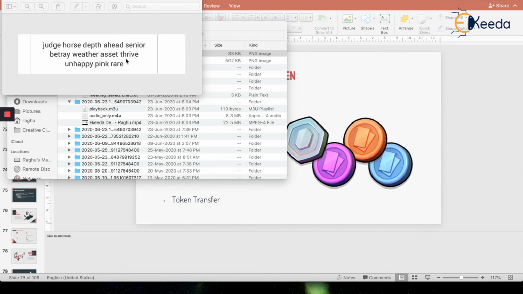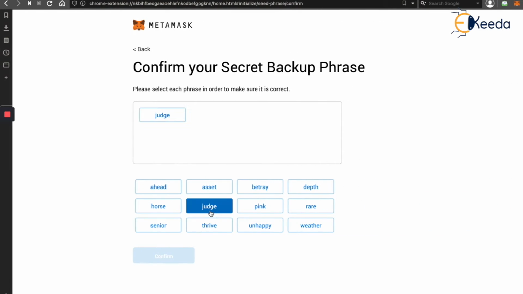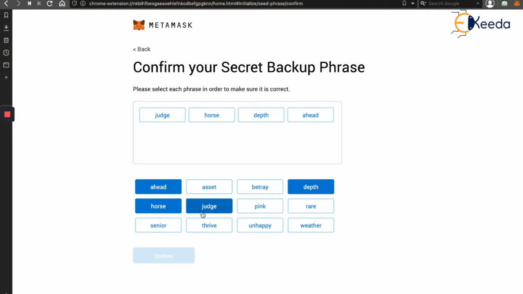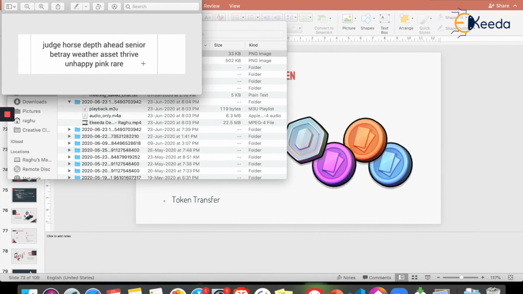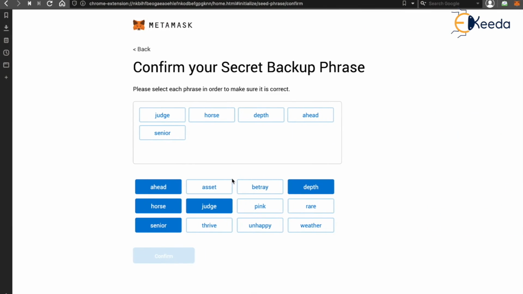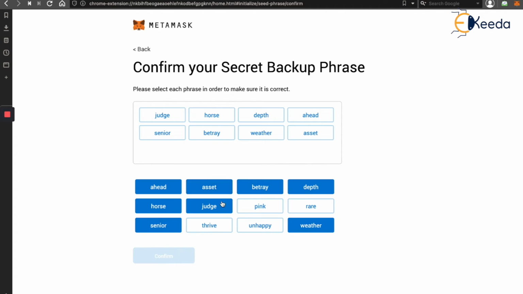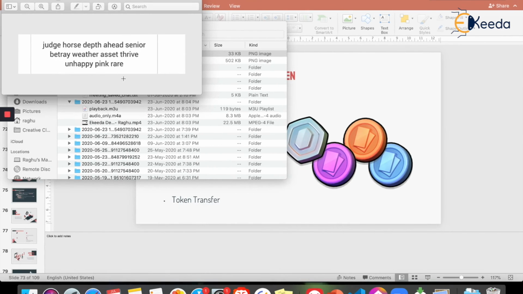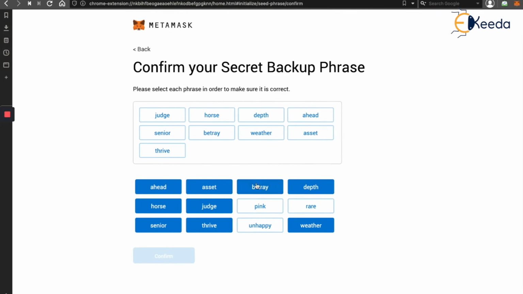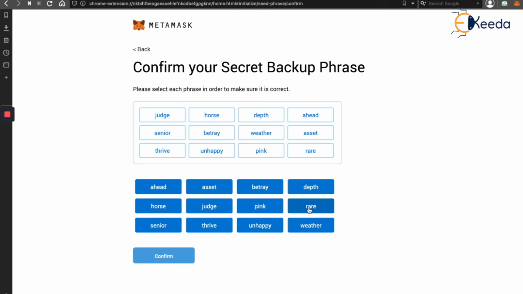Judge, horse, depth, ahead and senior. Then I look at betray, whether, asset, thrive, and then comes our unhappy, pink, rare. So once I do the same process, verify that I have noted down my secret phrase,